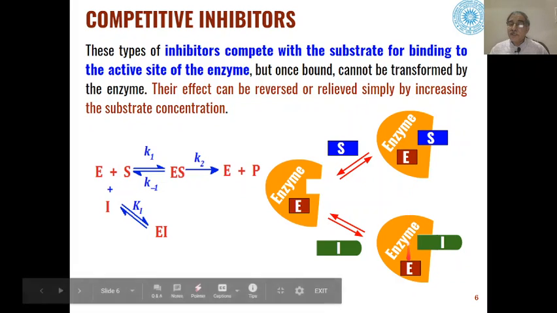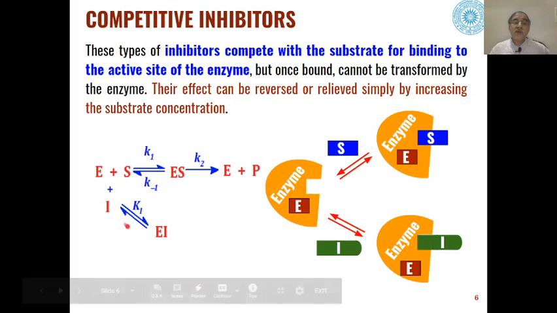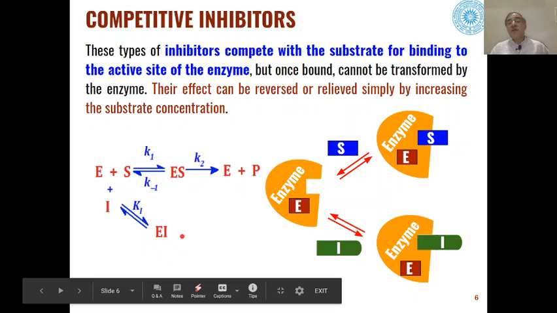So they are competing with each other, substrate and inhibitor, to give either enzyme substrate complex or enzyme inhibitor complex. Similarly you can see over here, E is enzyme, S is substrate, and enzyme and substrate react to give us an enzyme substrate complex, which will lead to the formation of the products. But since they are competing with each other, the enzyme can also combine with inhibitor to give us enzyme inhibitor